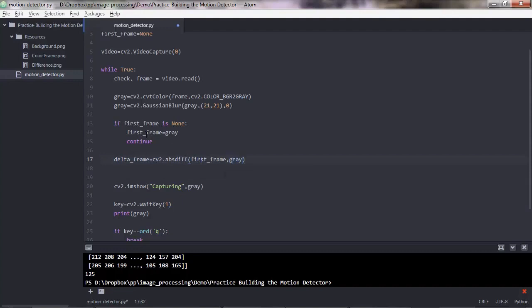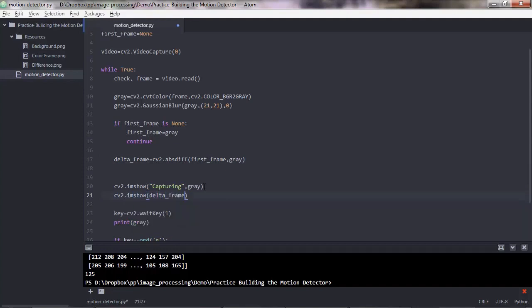Note that the first frame will also be a gray version, a blurred gray version actually. So we are comparing two blurred grayscale images. What this will give us is another image, and I'd like to show that image here on the screen. cv2.imshow